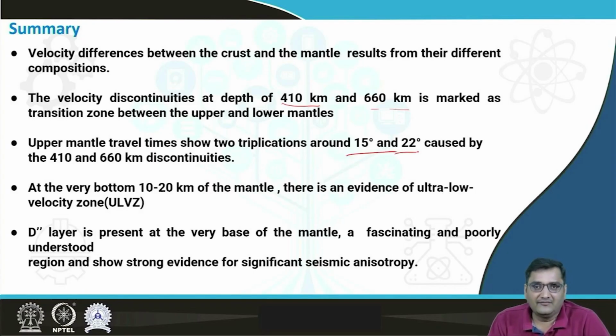At the very bottom, that means just above the core mantle boundary, at around 10 to 20 kilometers from the core mantle boundary, there is evidence of an ultra low velocity zone. We also have learnt about the D double prime layer, which is present at the very base of the mantle, and it is considered to be a very fascinating and poorly understood region, and it also shows strong evidence of seismic